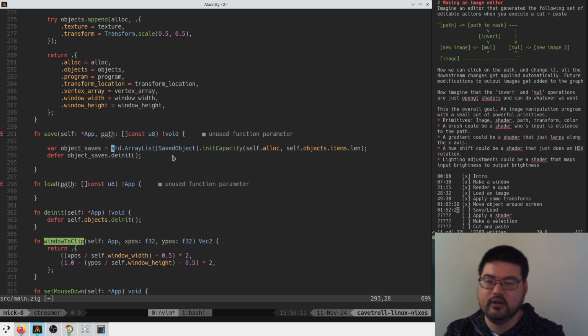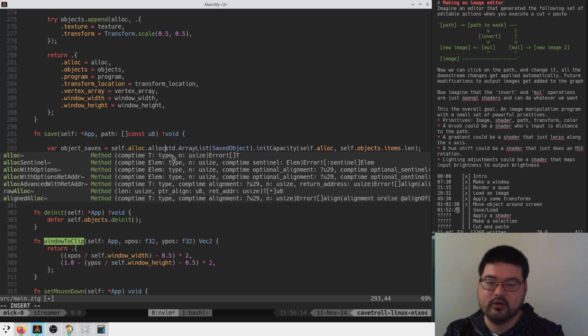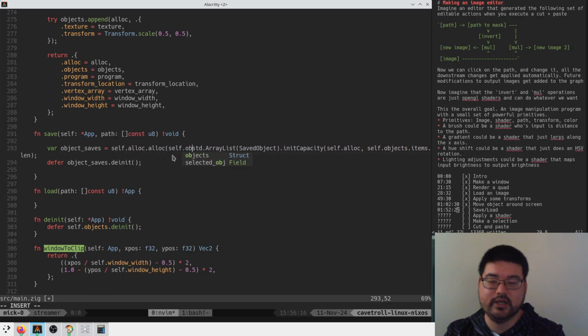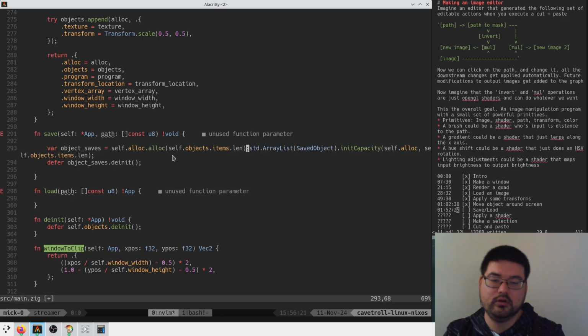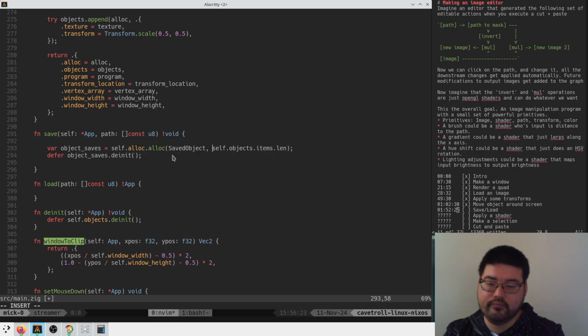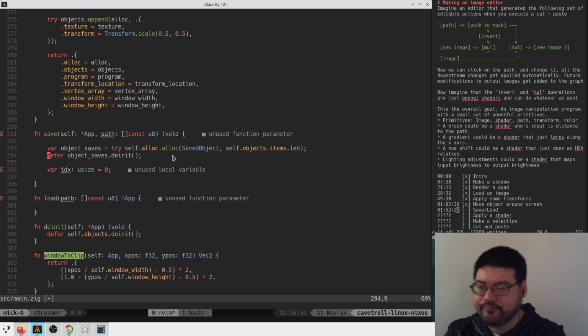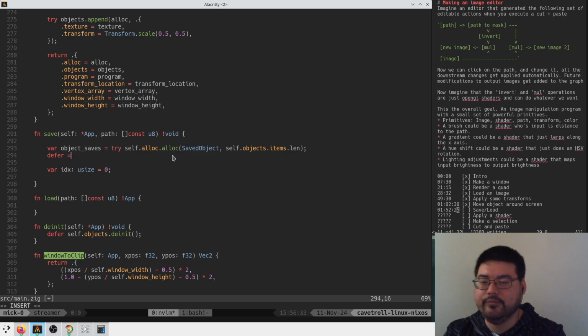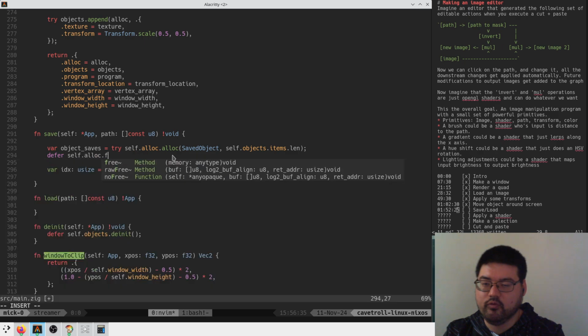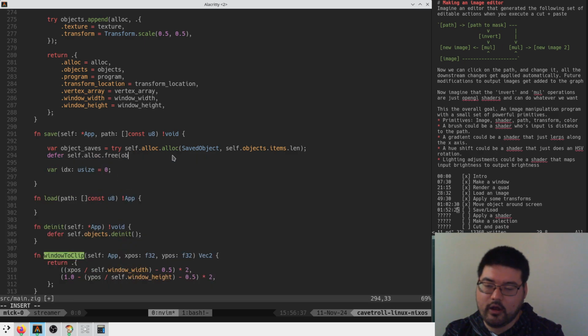We can make this as self alloc of objects items len, like this, right? And then var idx is equal to 0, and we'll increment this as we go, right? Self alloc free save object saves,